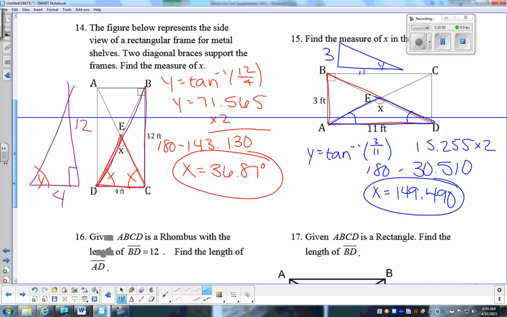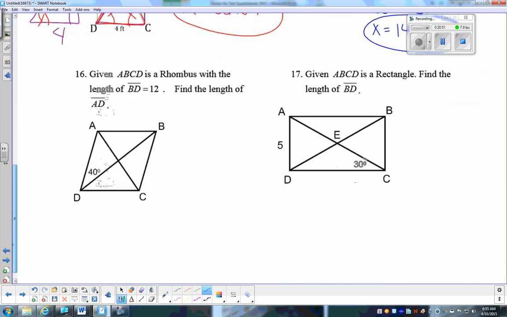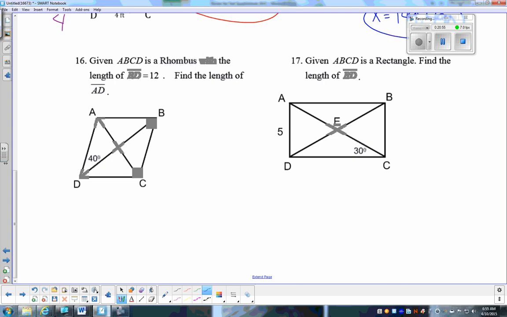All right. Number 16, we're moving away from rectangles for right now. Okay. Given ABCD is a rhombus with length of BD equals 12. So I know this whole thing is 12, so this has to be 6, and this has to be 6. Since it's a rhombus, I know that my diagonals are perpendicular. So if I look at this little mini triangle here,